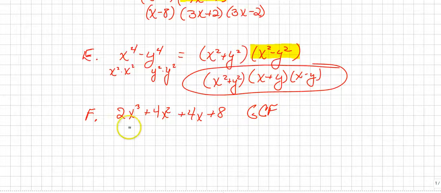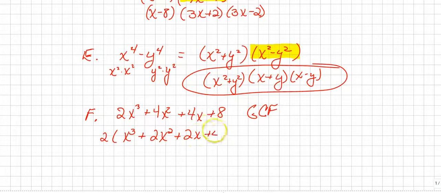And yes, there is one, it's a big 2, so we take 2 out of everything. And just get in the habit of looking for that greatest common factor. It's going to make your life a little easier. So I divided each term by 2. And now I have a 4-term polynomial, so just bring that 2 down and forget about it, and we'll group